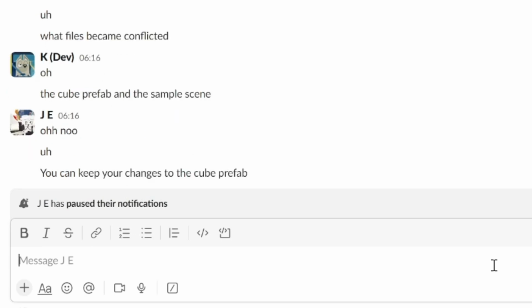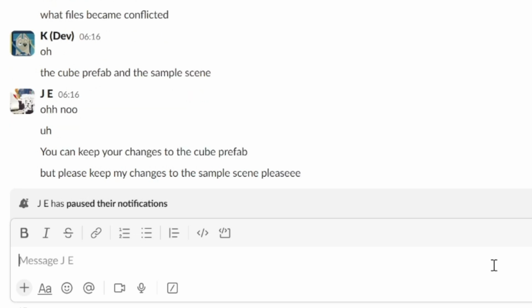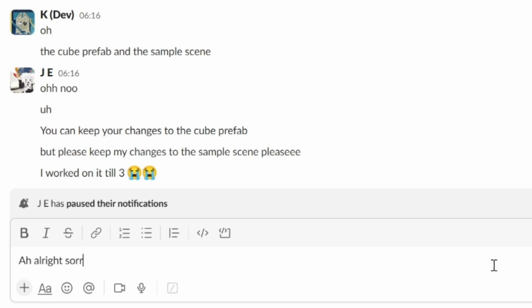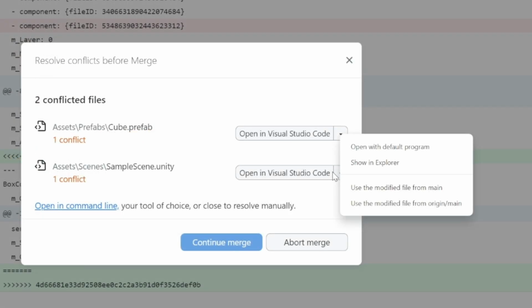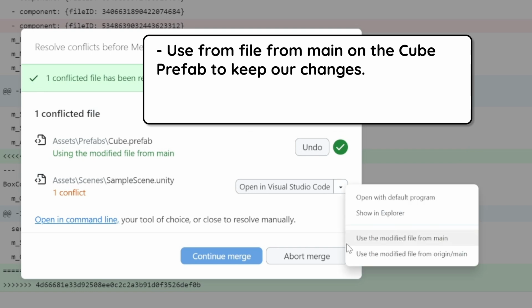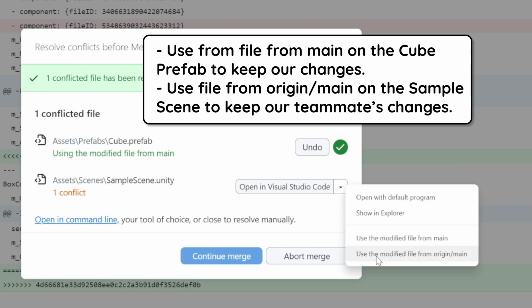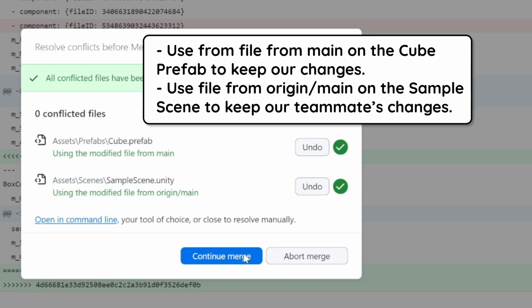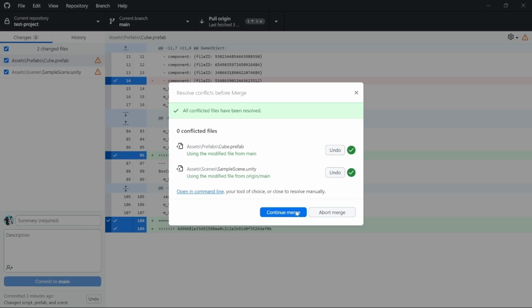My teammate says, "Oh, you can keep your changes to the cube, but please keep my changes on the scene because I worked really hard until 3 AM." So, to keep your changes on the cube, we'll use the modified file from main for the cube prefab, and to keep your teammate's changes on the scene, we'll use the modified file from origin/main on the sample scene. Alright, now that we got our merge conflicts resolved, we can press the continue merge button